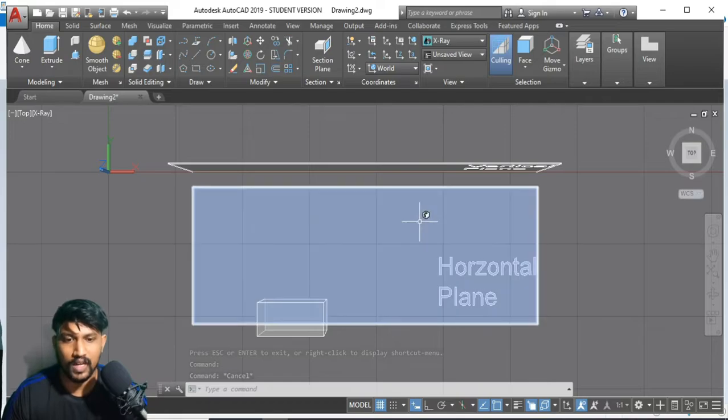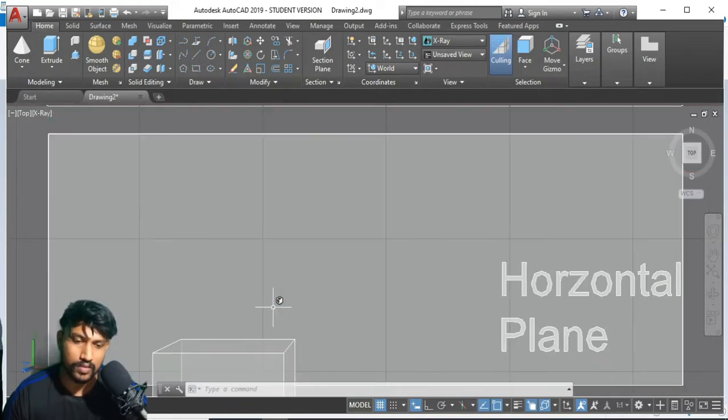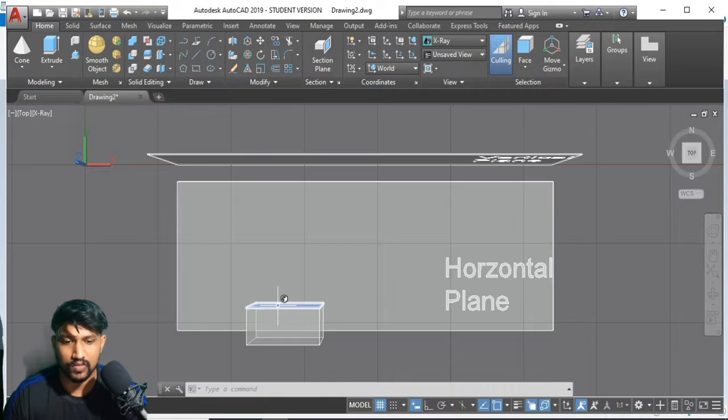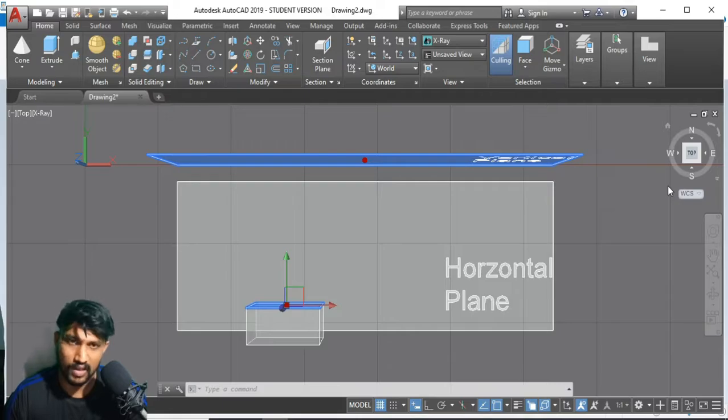This is not a perfect top view, that's the reason why you are seeing a certain plane here. What we need is this face to be inclined to this face at 27 degrees. If so, how does it look from the front and how does it look from the top? That is what we needed. Okay, I think I'm clear.